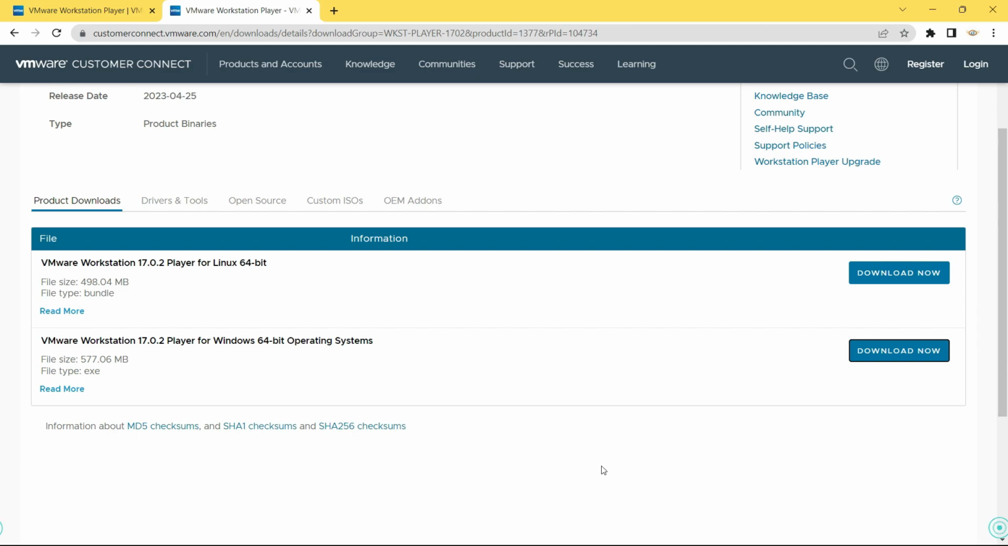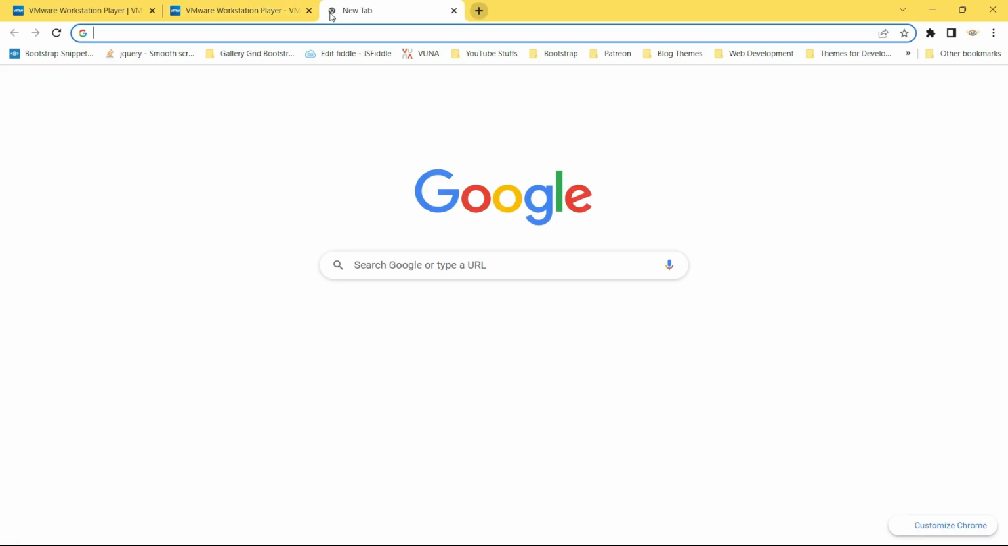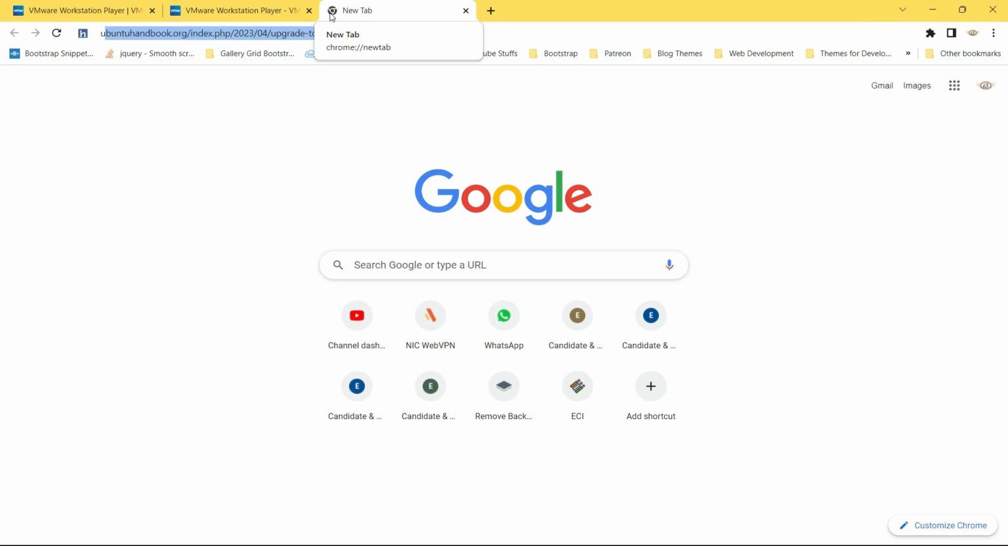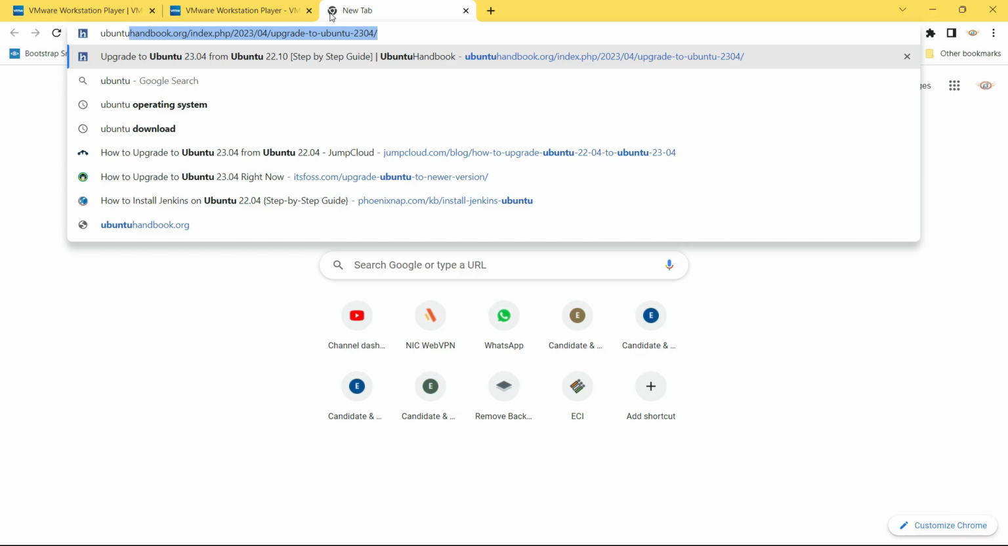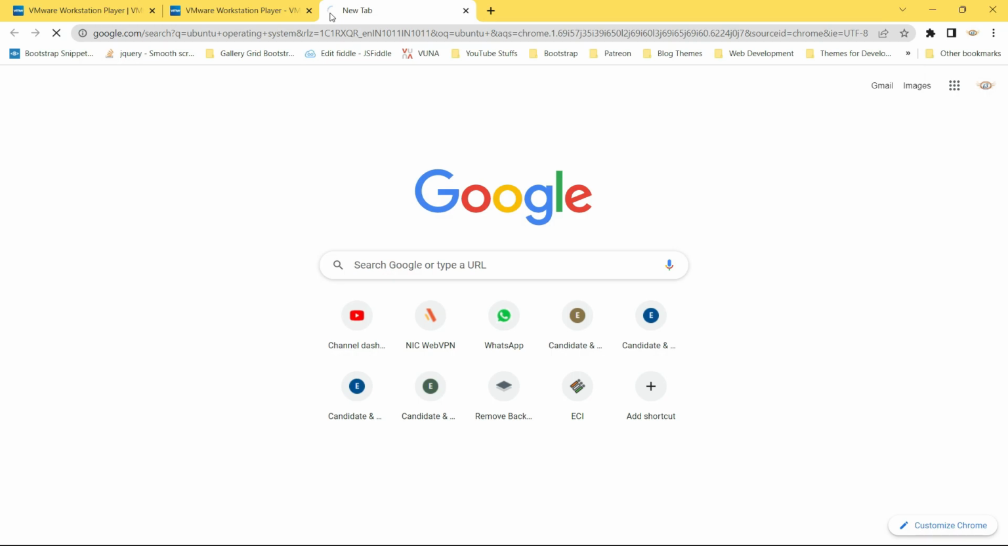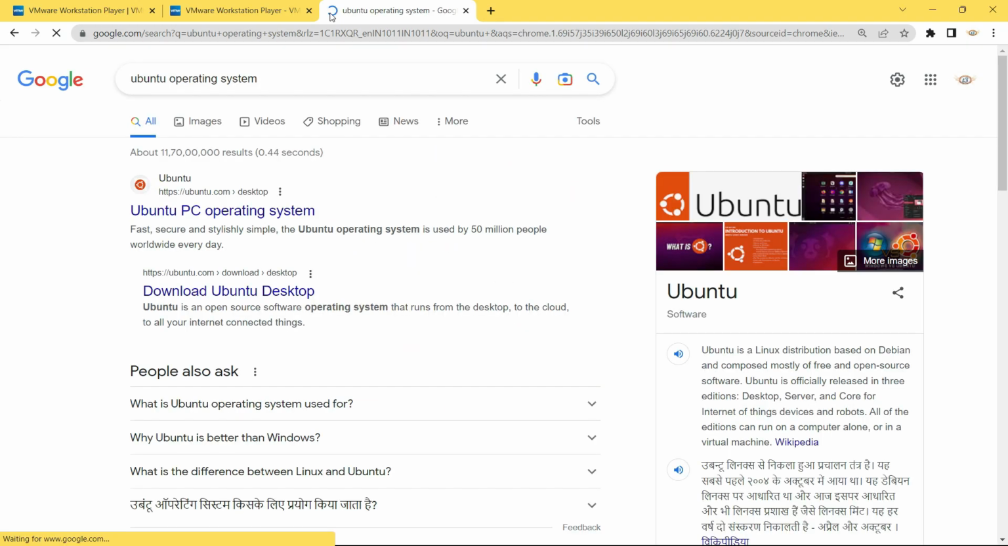I'll just minimize this, and let's open a new tab. Now the second thing that we need to download is the Ubuntu operating system. So I'll just search for Ubuntu, or you can just type Ubuntu operating system or Ubuntu download. Now Ubuntu is a Linux distribution which is based on Debian and which is mostly composed of free and open source software. So from here you can just click on Ubuntu PC operating system,